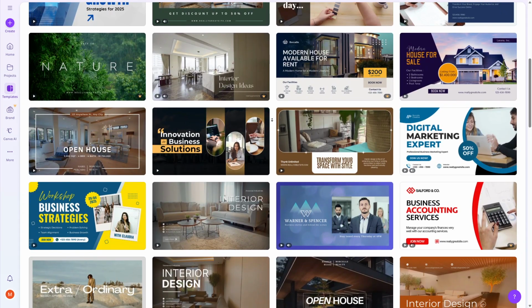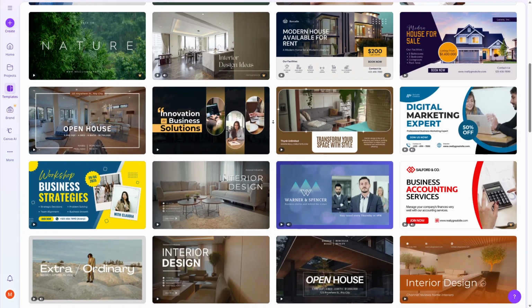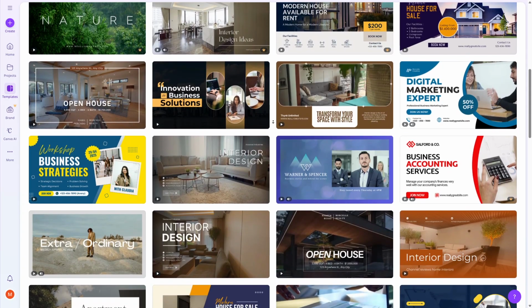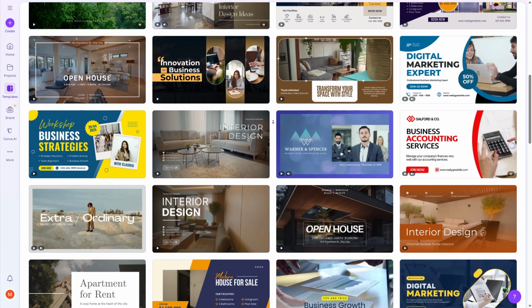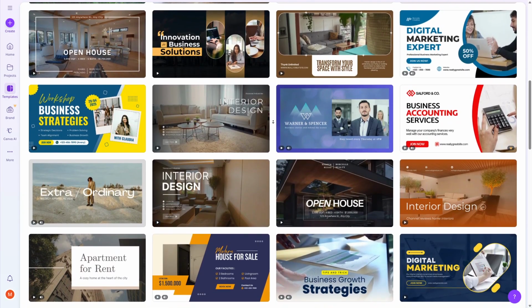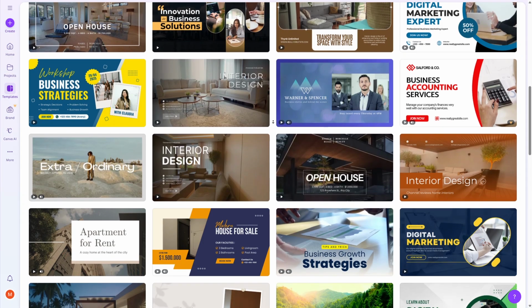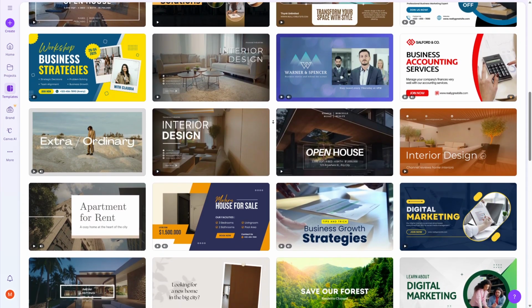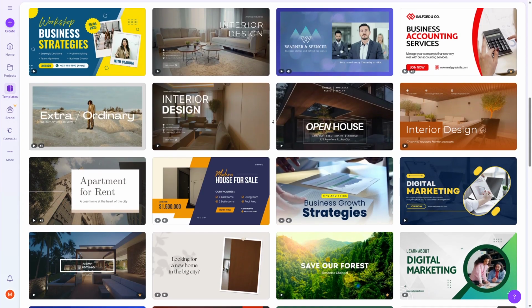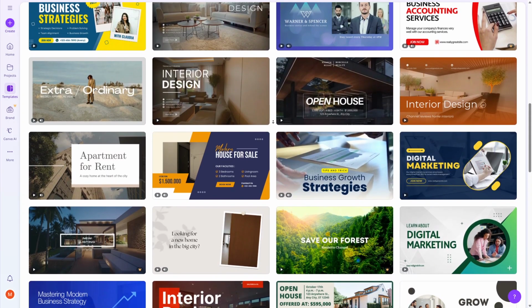Once you hit enter, you'll see a variety of templates at your disposal. Take a moment to browse through these options. Consider what style fits your project's needs. Whether you're going for something clean and professional or more vibrant and playful, the right template will form the backbone